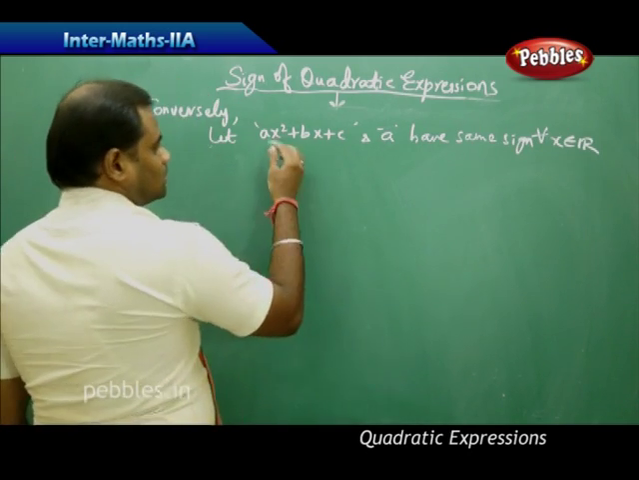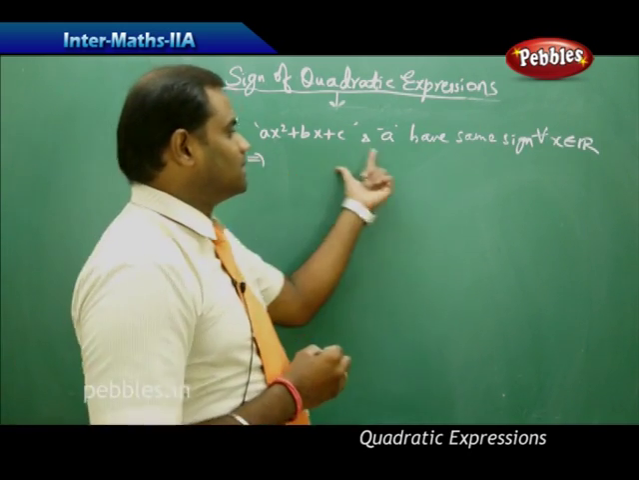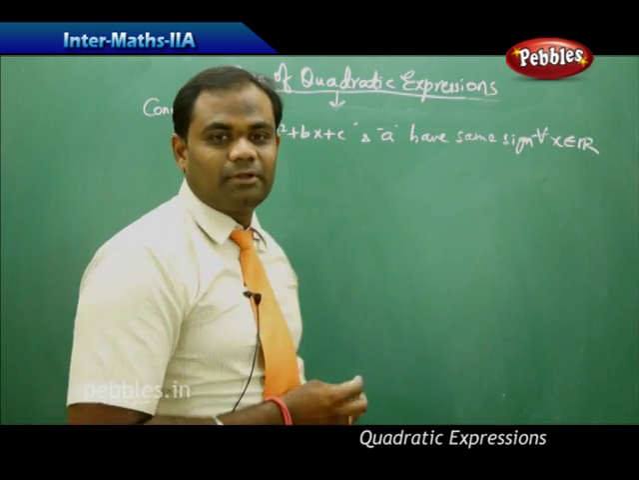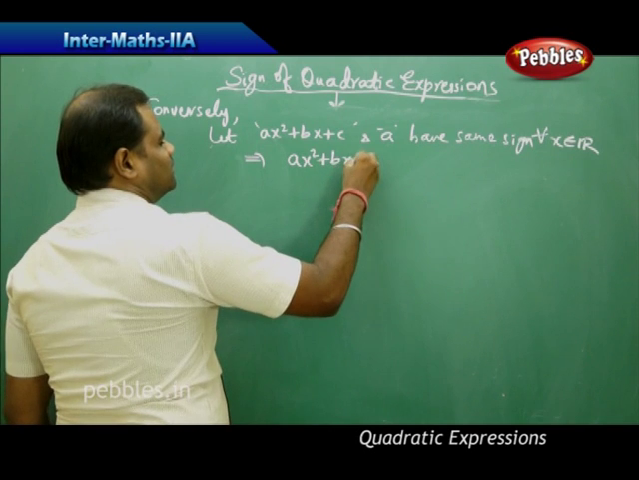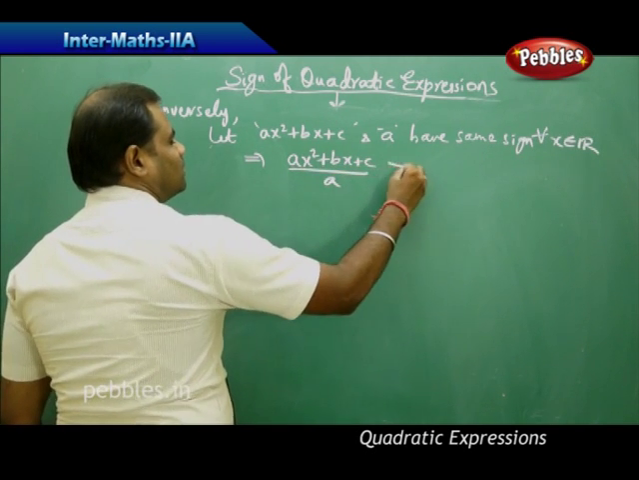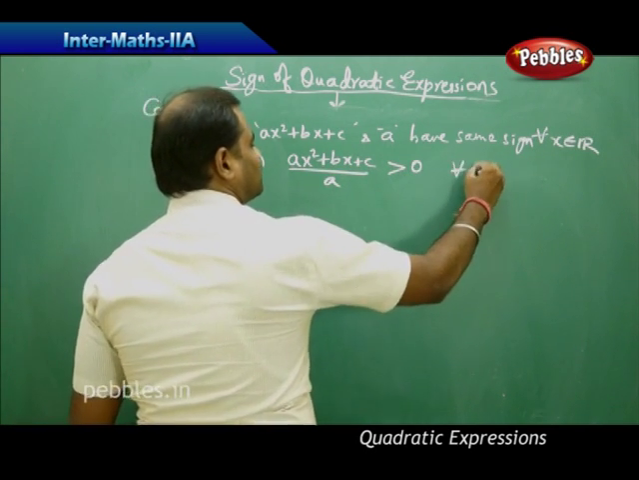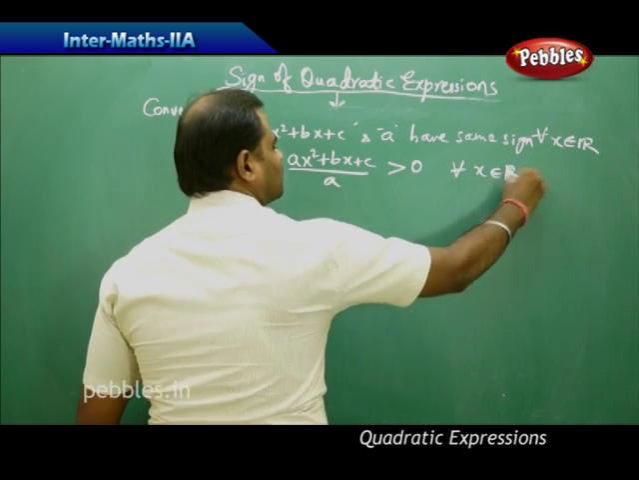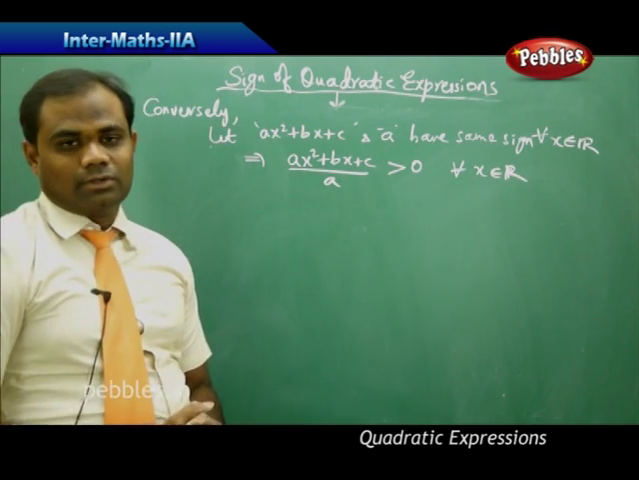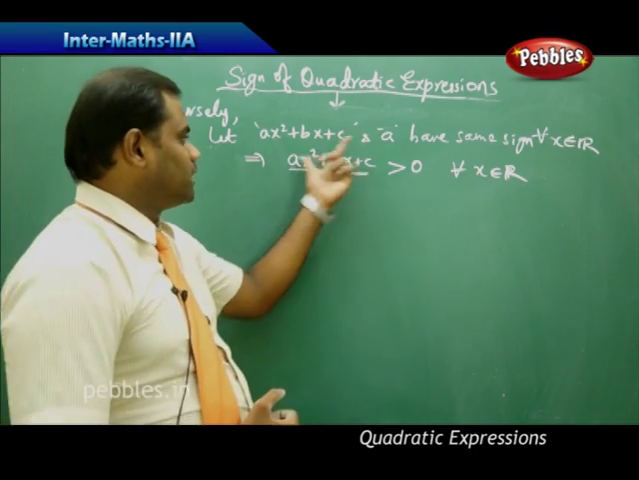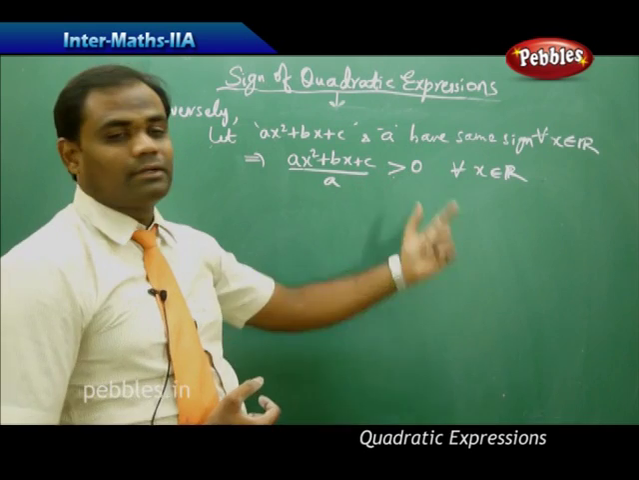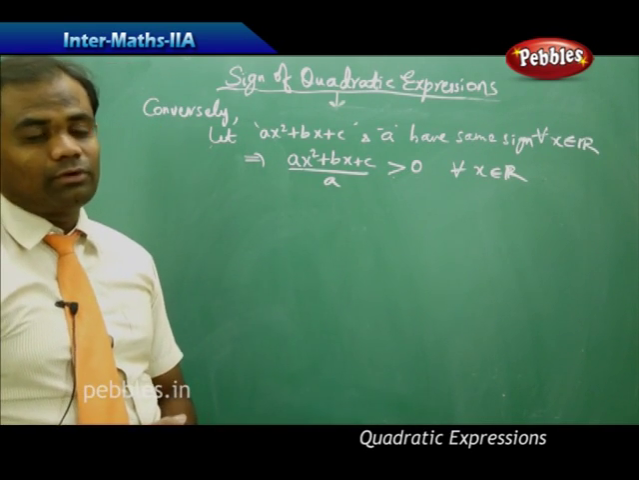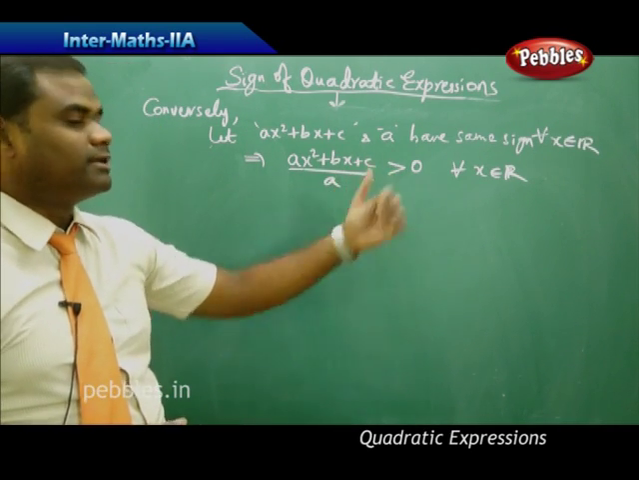Now since the expressions this and this have the same sign, using the previous property, the fractional representation of this by this will always be greater than 0 for all x belonging to R, because when the two expressions are of the same sign, their fractional representation will be greater than 0, cannot be of opposite signs. Therefore this must be greater than